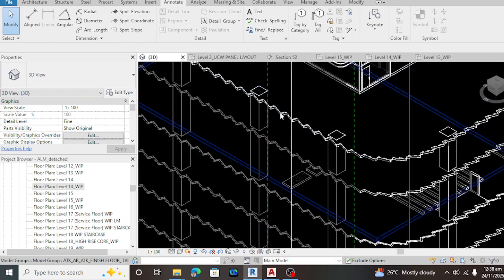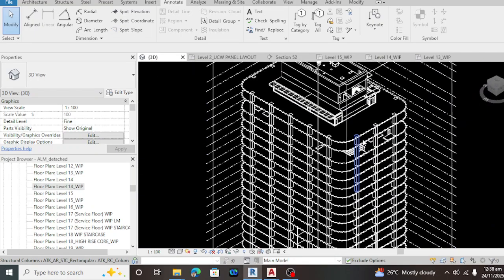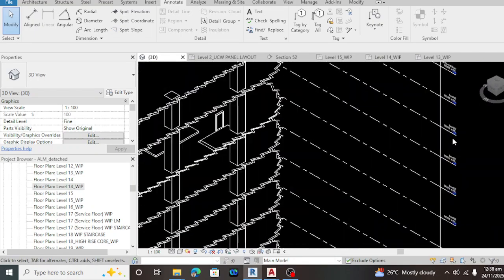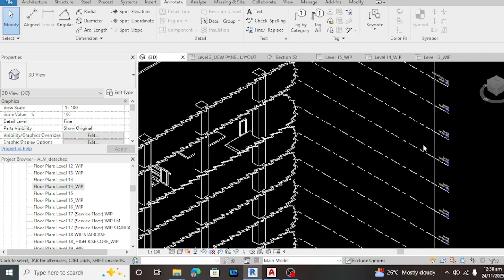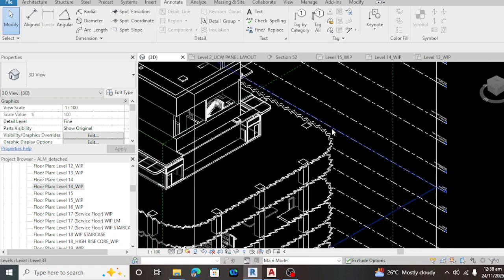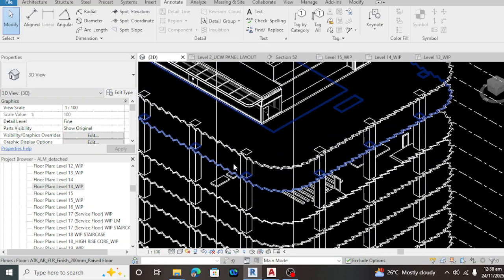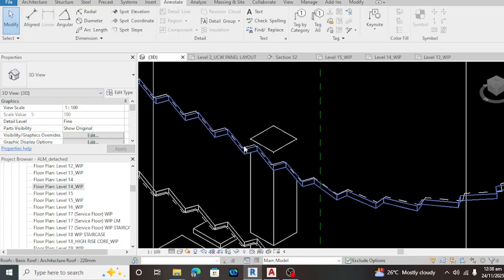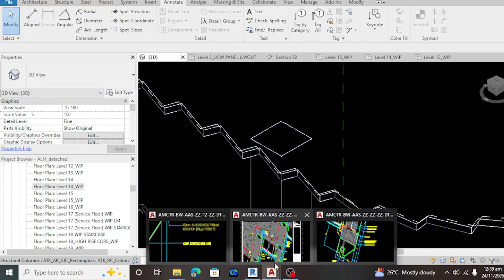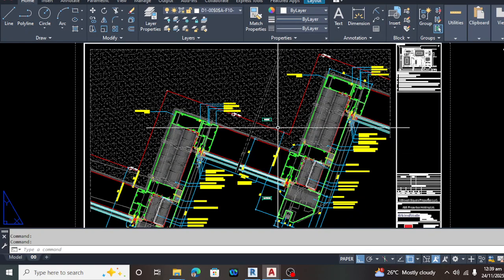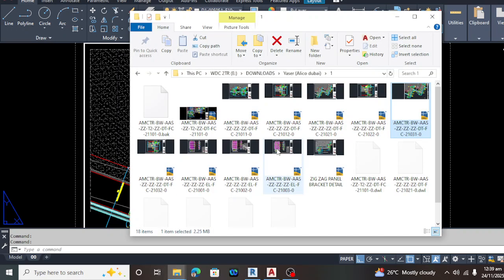It's from here, from 37 floors. What floor is this? 32? 32 or 33 floors. 33 floors. We're going to lay out again another embed based on the AutoCAD reference that they gave me.